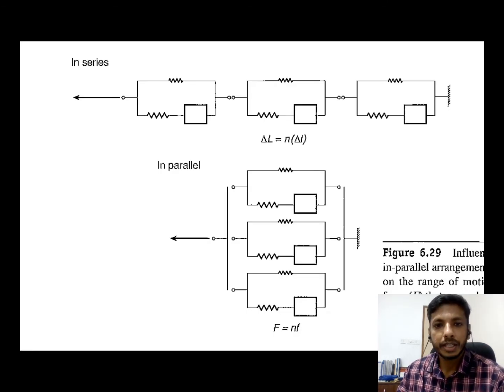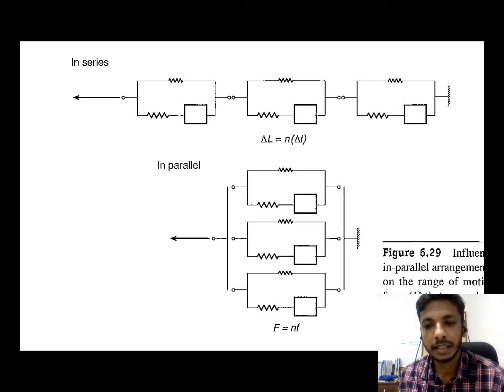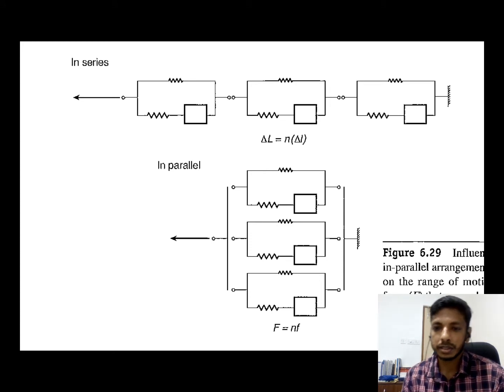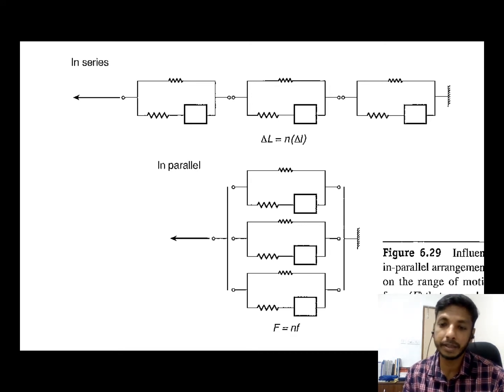If you arrange the sarcomeres in series, if a large number of sarcomeres are arranged in series, the length of the muscle fiber is quite longer. With an increase in the number of sarcomeres arranged in series, the muscle's ability to produce force may be less, but the muscle's ability to produce shortening contraction velocity will be more, because the length change depends on the summation of length changes of all the sarcomeres.